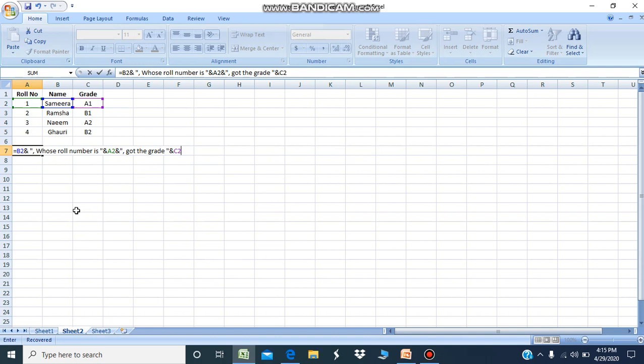Now by pressing enter we can get the result, and you can see the ampersand characters used to join these strings. We get the result that Meera, whose roll number is 1, got the grade A1.